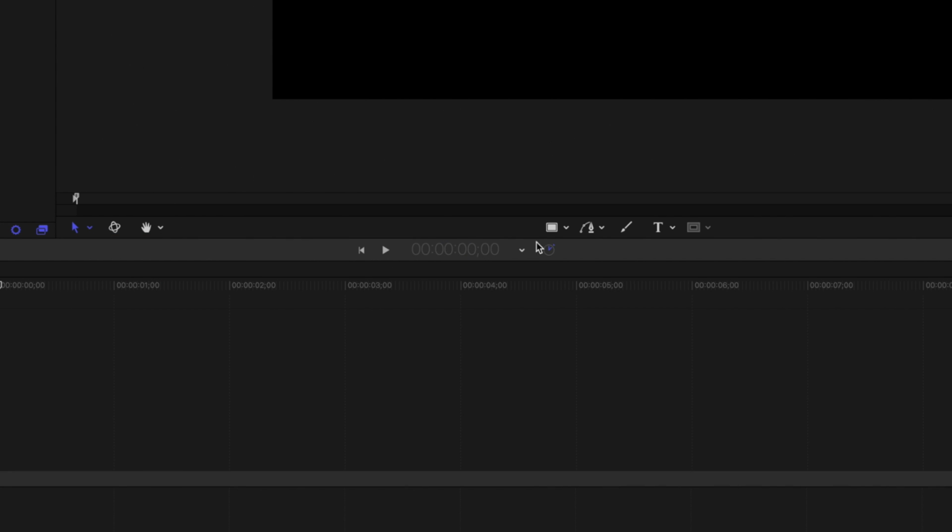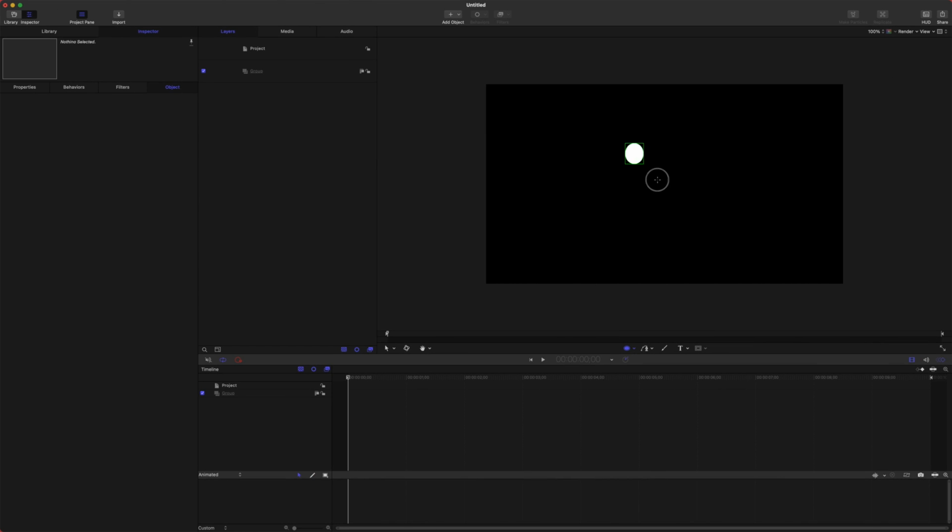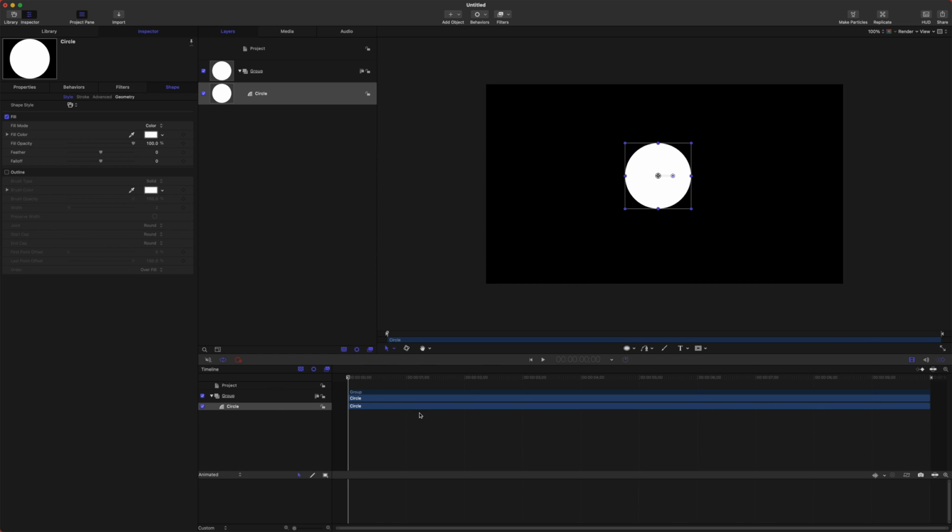Coming over to the right, this is essentially where you will be working with like shapes and masks. Both are extremely important within Motion. So if you need like a basic shape, like a circle, we can click and hold on that, drag, and if you push Shift, it will lock it to a 1:1 aspect ratio. Then we can select our arrow. We can move this around. We can rotate it, which doesn't help with a circle that's perfectly symmetrical,